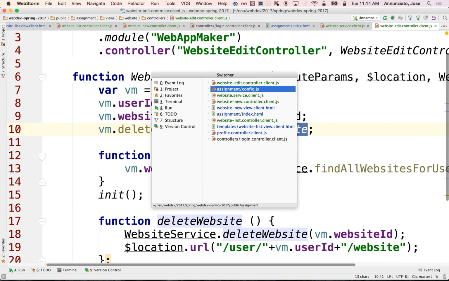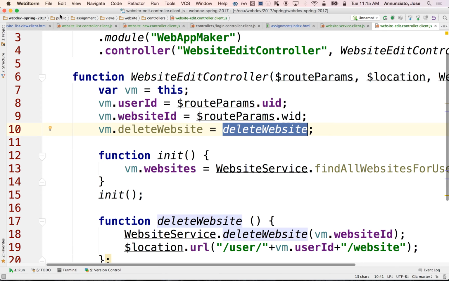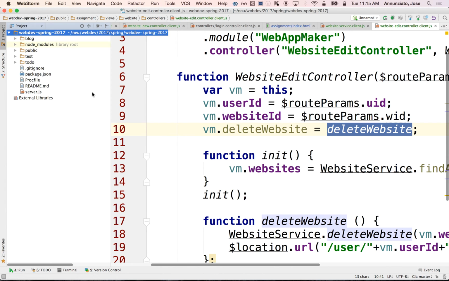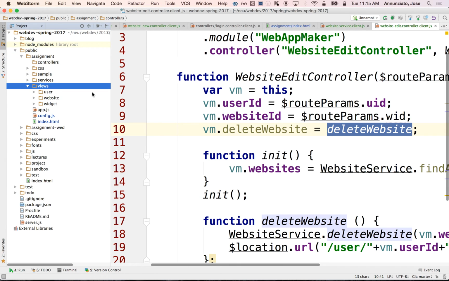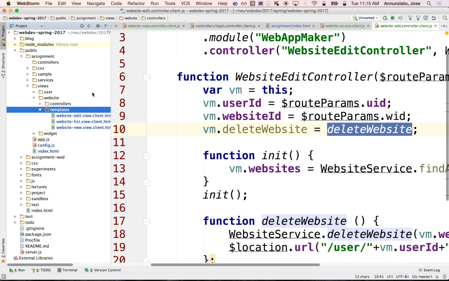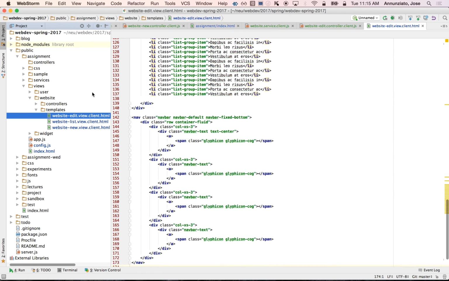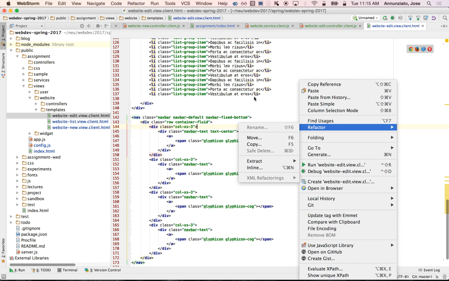So in the templates. Where is it? It's in the edit template. Where are we? I don't see it. Website. I guess we have the controller. We don't have the template open. Let's see the template. Why are you closing this all the time? View, website, template, edit. So here's the edit,